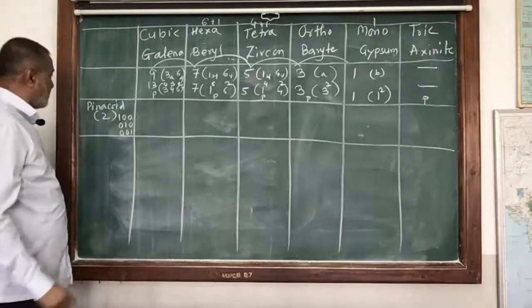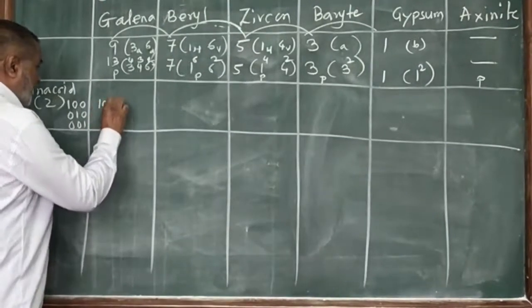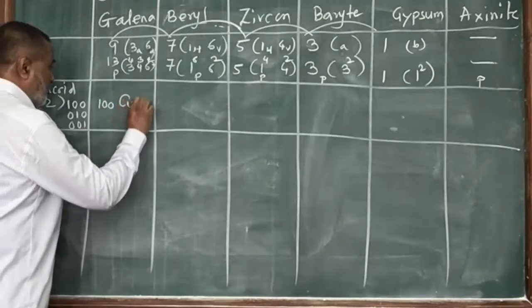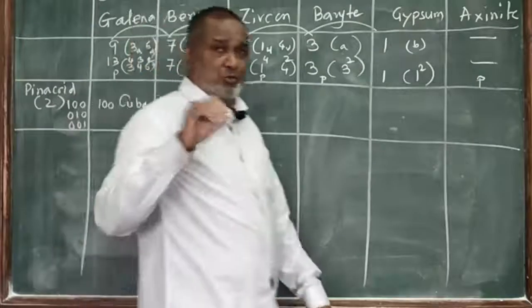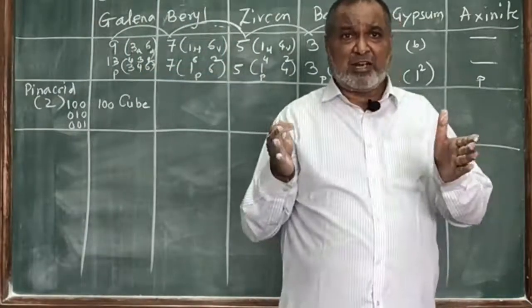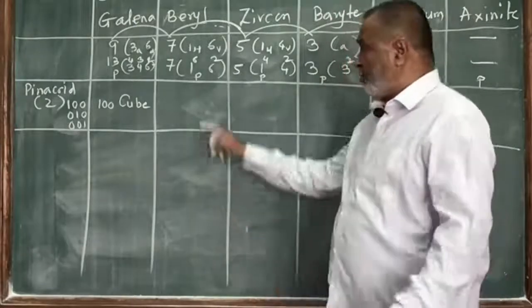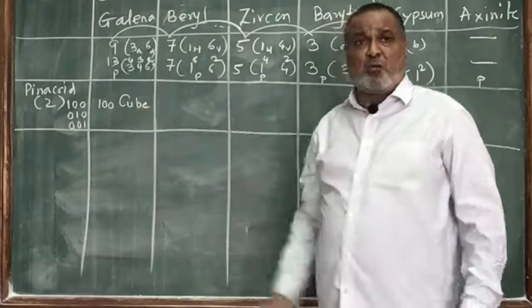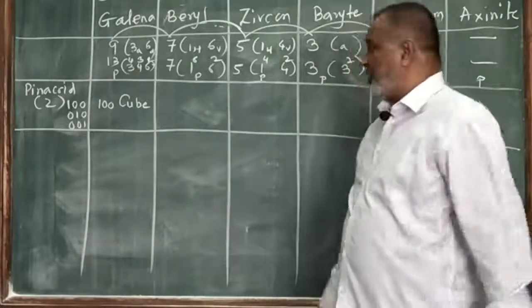What is there in the cubic system? 1 0 0 is there, and the name of this form is cube. 0 1 0 and 0 0 1 are also there, because the front is one pair, the side is another pair, and top and bottom another. So all three pairs are there in the cubic system, but we use only one index to represent the cube: 1 0 0.